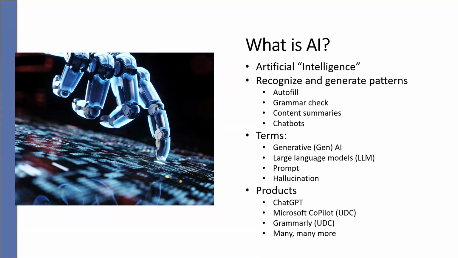AI is not making decisions in the way that a human makes decisions. Although there are similarities in the way that AI processes information, the primary difference is that it processes that information much, much quicker than a human could. So there are things that it can do that a human can't, but there are things that humans can do that AI can't. It's important to recognize where those strengths and limitations are.